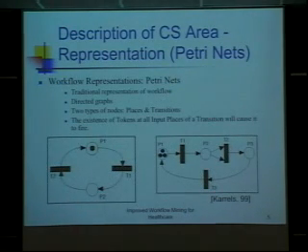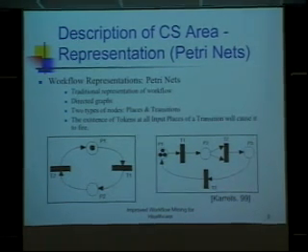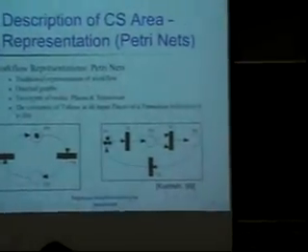Now, the relevant computer science you have to know about are the representations currently used in workflow systems. People tend to use Petri nets. Petri nets are directed graphs with two types of nodes. You can see them there on the bottom. You have these circular nodes, which simply represent places in a workflow, and you have these boxes, which represent transitions. In these types of representations, you have